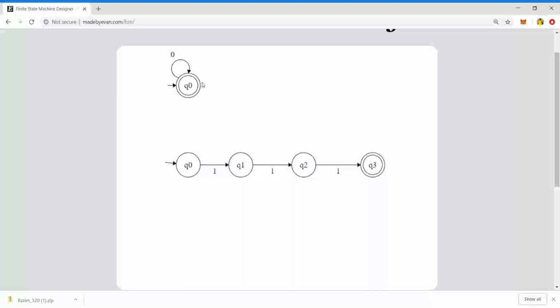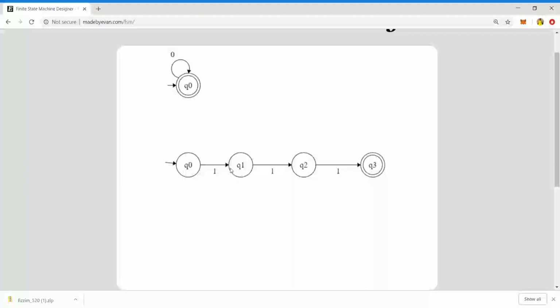So this first case is shown with only one state Q0, and you can see it accepts all the combinations of zeros by using the self loop. This can be taken as many times as you want, and that's why it accepts all the combinations of zeros: a single zero, two, many cases, right? Because it ends at the final state. Now, when n is equal to 1, we will see the very basic case. We are not considering any zeros right now. We are just showing a path from Q0 to Q3 on three ones.